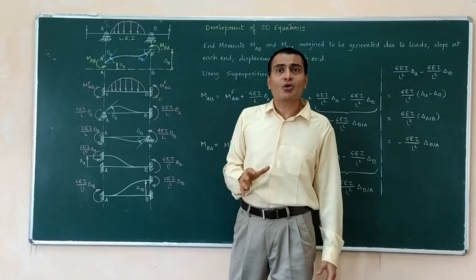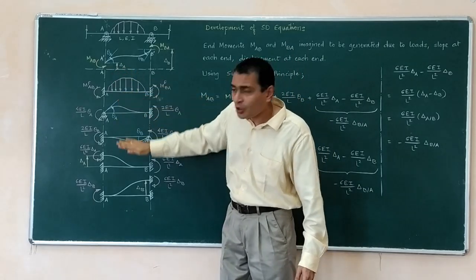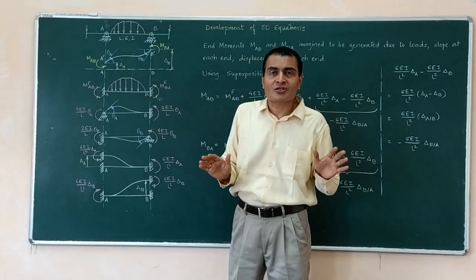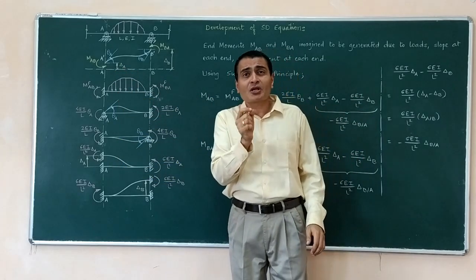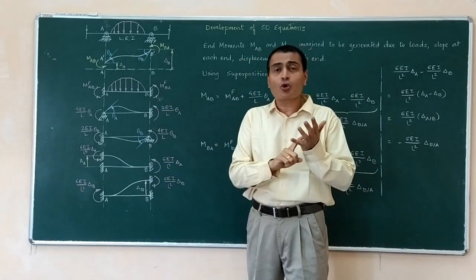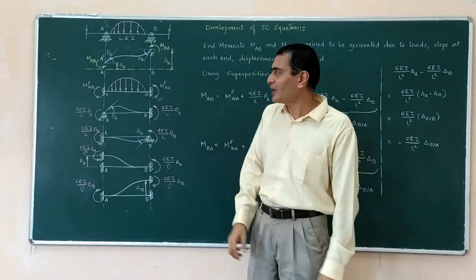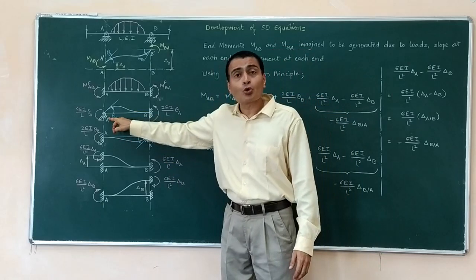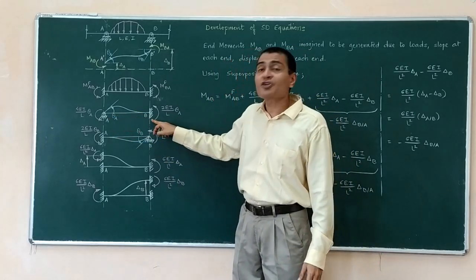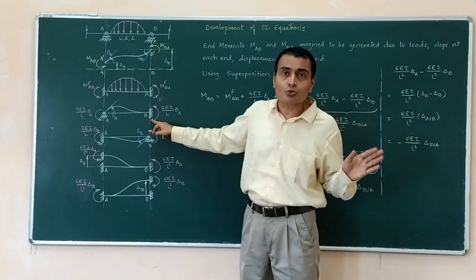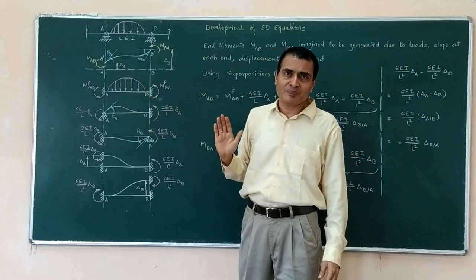See the second contributing factor. Now that I have considered loads already, I will not repeat loads in my further drawings because that effect is already considered. Now I am focused upon just theta A. I don't want any translation, any other rotation, just theta A. So I am assuming this support to be a hinge support where rotational facility is given. Other support is fixed, no slope, no displacement, and then there is theta A anticlockwise.